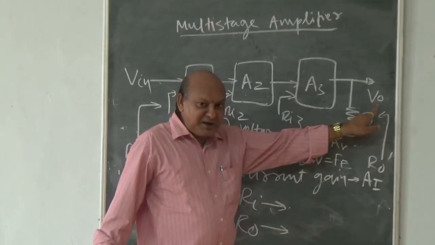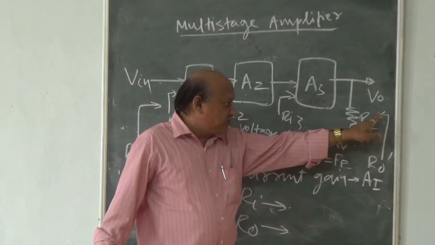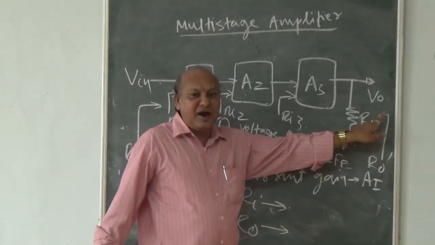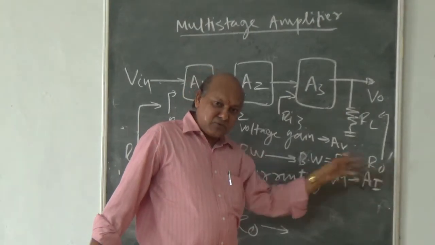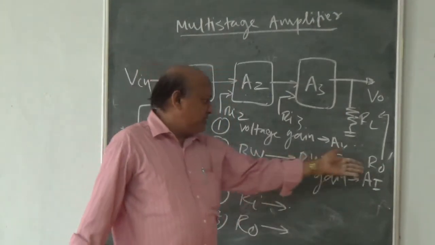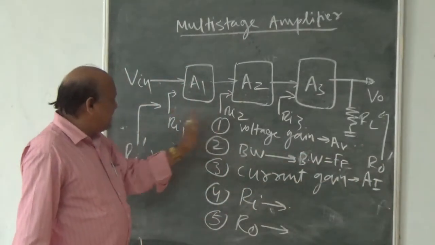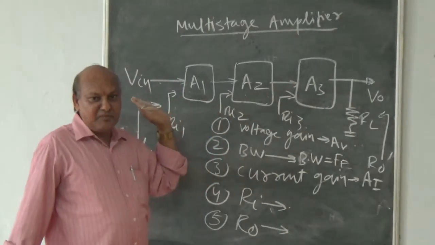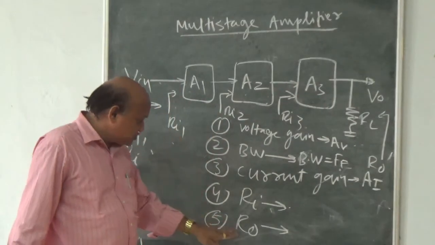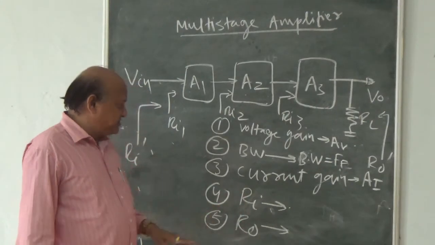So the loudspeaker itself has a load, and therefore we need to know about the load at the output in terms of Ro dash, and by calculation, by design procedure, we can calculate Ro dash, this Ri dash, Ri1, Ri2, Ri3, etc. and the load on the multi-stage amplifier. So this is one of the factors in case of the multi-stage amplifier.